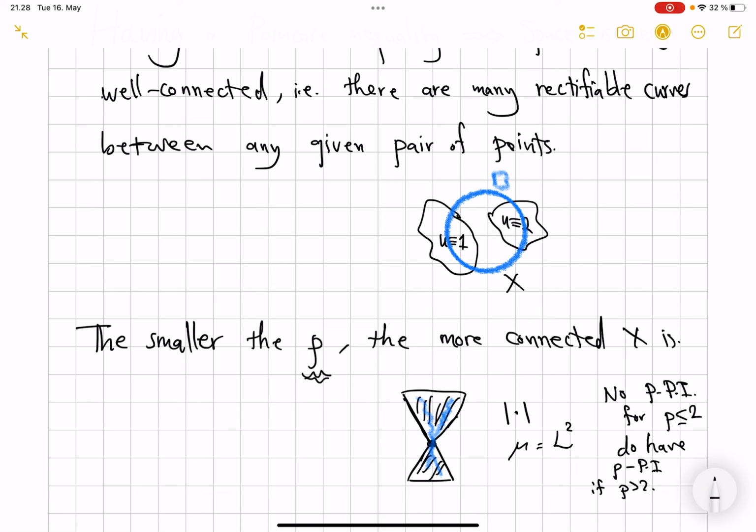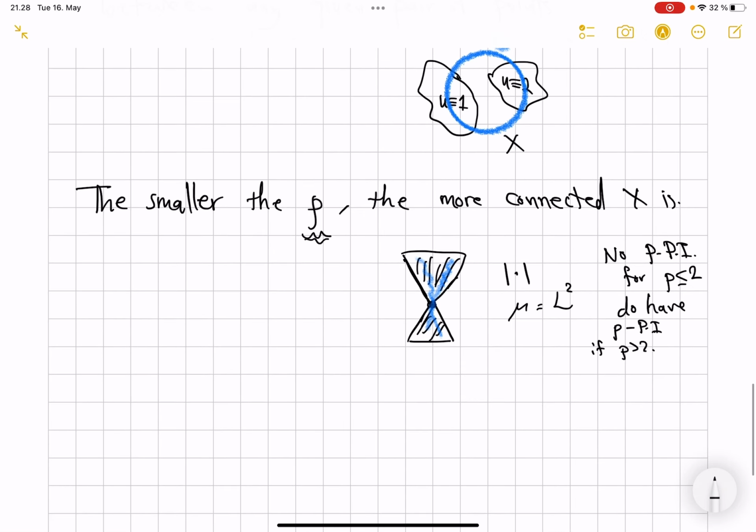So also the critical value of the p is also very important. Okay, so many of the stuff that one wishes to do on metric measure spaces become possible if the